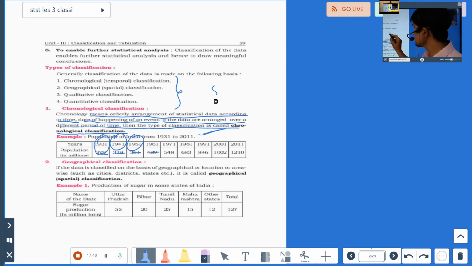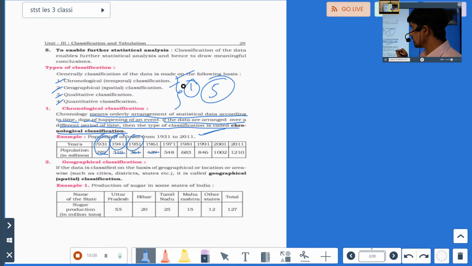4 types of classification. If they ask you for 5 marks, you have to explain them individually. You have to write the definition of all. If they ask for 2 marks, just mention them. And if they ask define classification and explain types of classification, the definition will have 2 marks, then just writing the types will have 1 mark, and the remaining 2 marks will be for explaining any 2.